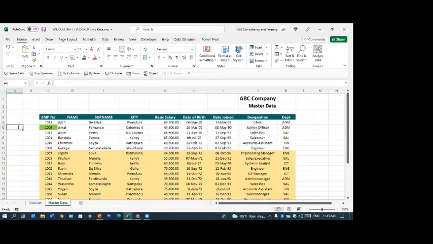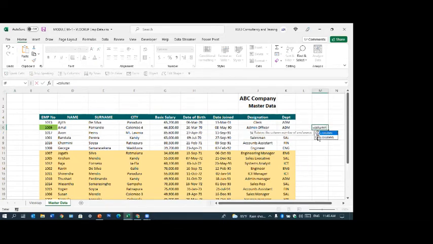If I go here and say equal row, open close bracket, it will give the number 6. Why? This is row number 6. If I put equal column and open close bracket, it will give 1, because A is column 1. If I go here and say equal column, open close bracket, it will give 13. If you count from A, B, C, D as 1, 2, 3, 4, this is number 13. Okay, let me ask you another question.